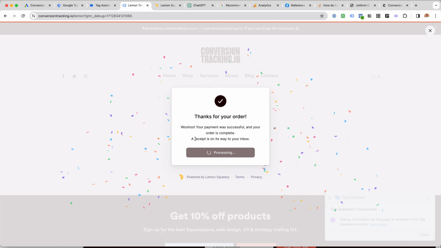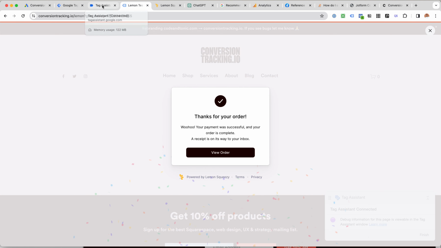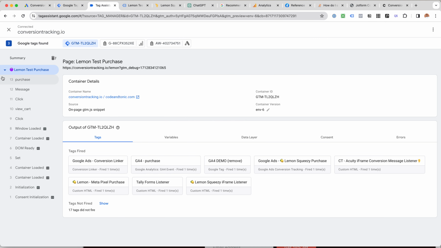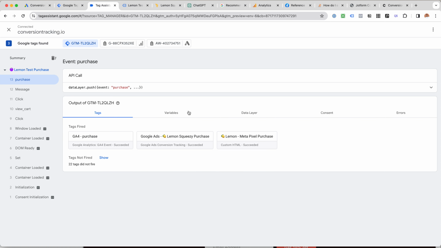Again, with the iFrame and everything. So let's take a look at the Google Tag Assistant. Here we can see the purchase event. So basically the Lemon Squeezy listener, once it heard a successful purchase, it fired this purchase event, and this